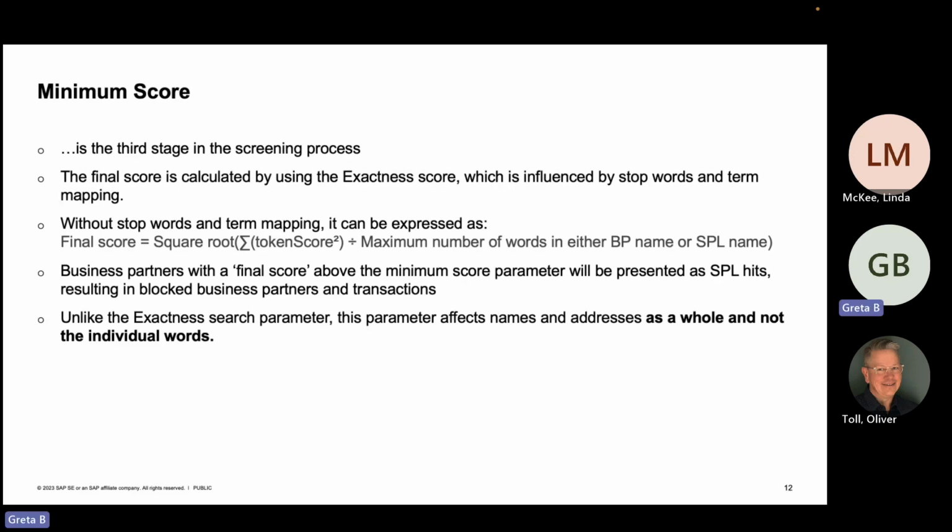The third stage of the screening process is minimum score. The final score is calculated by using the exactness score, which is influenced by the stop words and the term mappings. So initially, during the calculation, the stop words are not taken into account. However, during the final score calculation, the stop words and term mappings influence the final result. Without the stop words and the term mappings, the formula can be expressed as shown below, which means to calculate